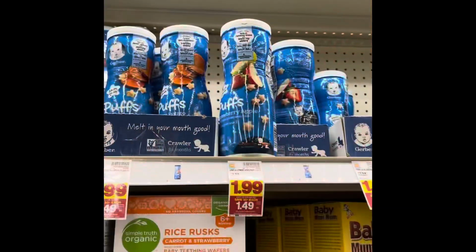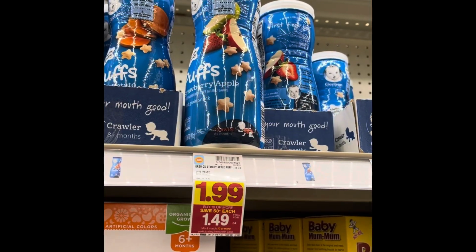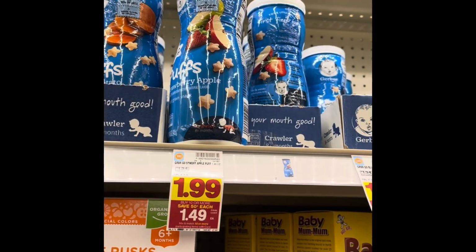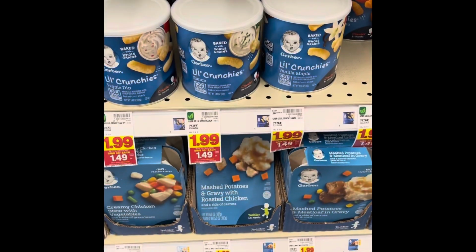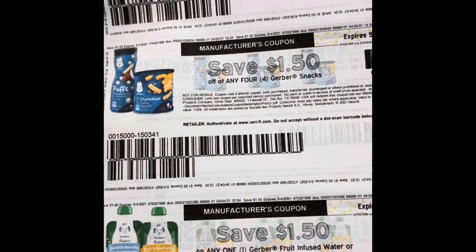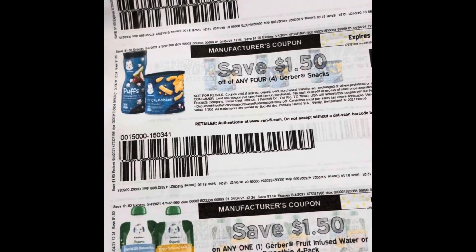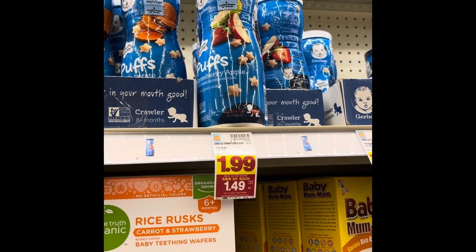All right, guys, I do not have a baby, but I do have a baby nephew, and the Gerber Puffs are on sale for $1.49 with the 50-cent deal this week. Also, if you don't want those, you can get the Crunchies down there. There is a printable coupon on coupons.com to buy 4, save $1.50. So it's like you're getting one of them for free when you do this deal. So check that out. You're getting 4 of these for